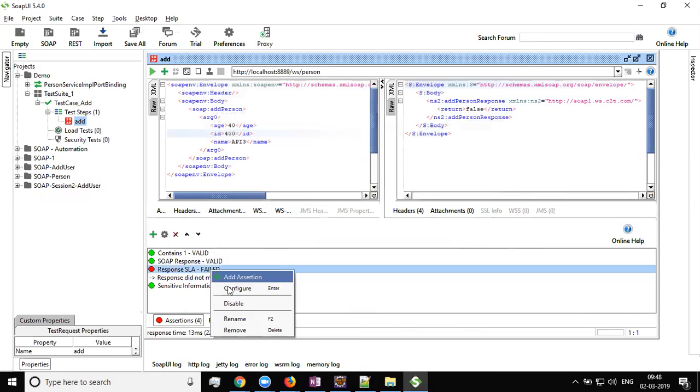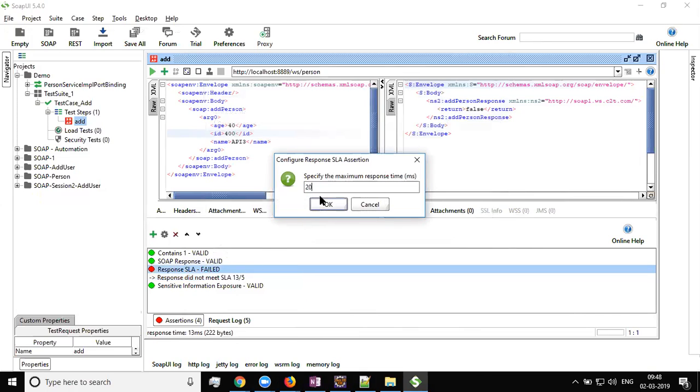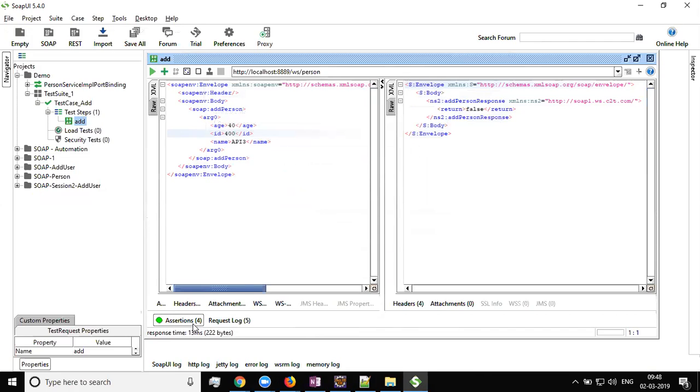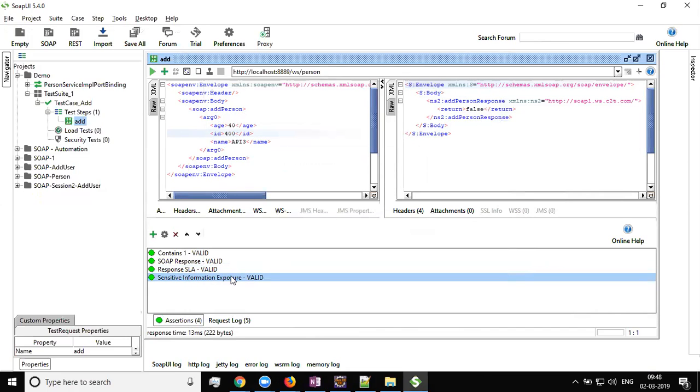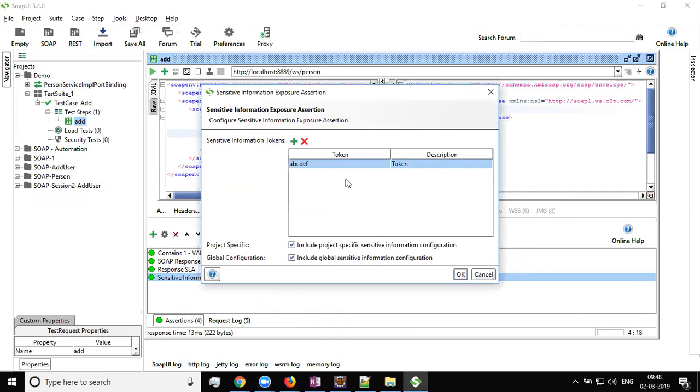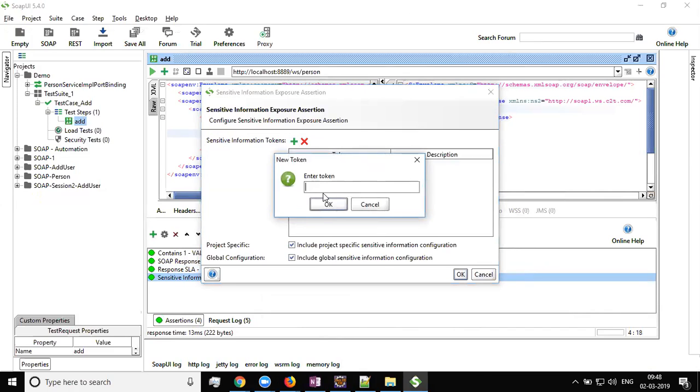This I will edit for now. Configure, I'll make it 200. So can you see that it has passed my sensitive information exposure, right? Let's say that instead of false, it was returning some token, and it is A, B, C, D, E. No, not like this. Okay, let me edit this. Configure, and my sensitive information is basically what it is. It is enter token is false. So for the time being, I'm saying false. If it shows false,